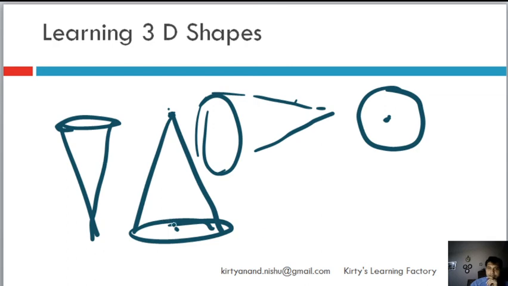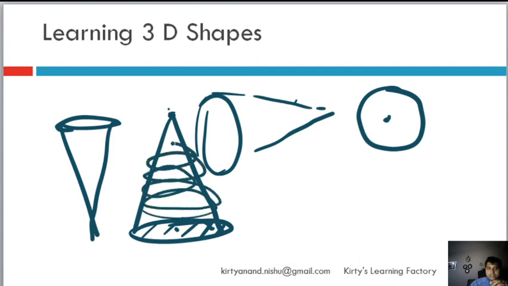Basically, a cone is nothing but one surface is a circle, and then there is a rotated sort of a... So if you look at it, there are many circles here of decreasing radius, and then when we put all of it together, it becomes a cone. So that is your cone from a conceptual understanding.